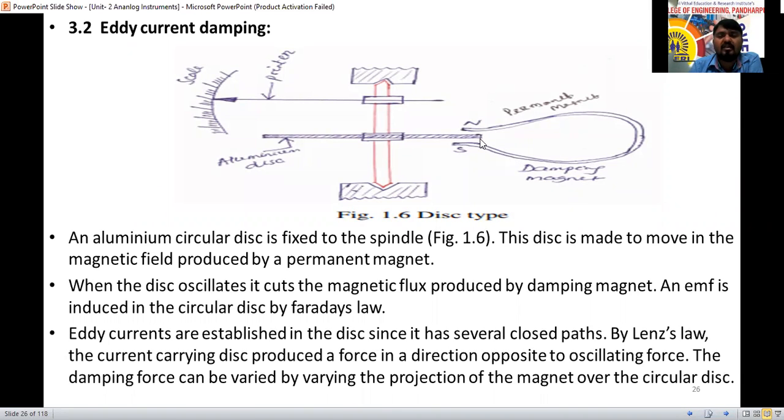No need to add anything here. Once the aluminum disc is placed in the magnetic field, it is automatically going to produce the opposite force. Now, if the force is opposite, then slowly it is going to move over there. Is it clear now?